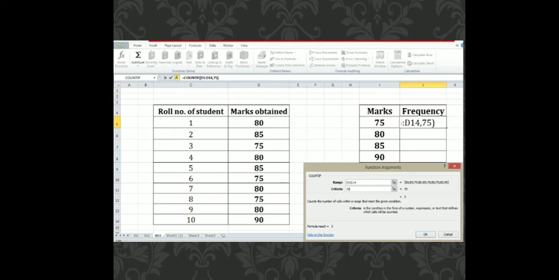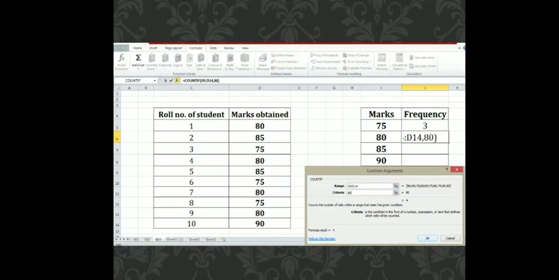Here, in the first row I have chosen the criteria 75, as you can see in the frequency column. After filling the range and criteria, click on the OK button.